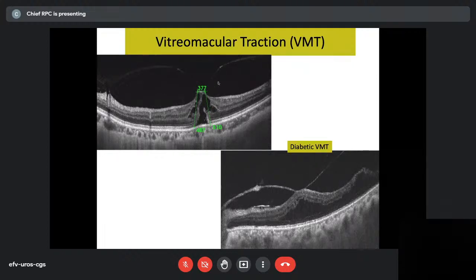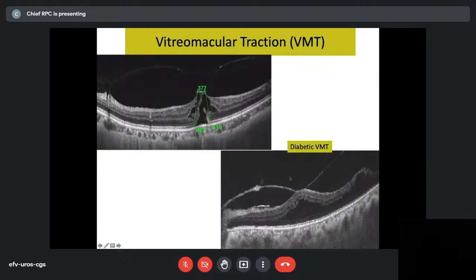see the internal architecture very badly affected. In fact, this is the outer lamellar hole. This is the inner hole, and you can join up to form a hole. So actually, the hole is just about to form. If this just gives way, there is a full hole over here. So you're operating just before the impending hole. In the next few days to months, weeks, there will be a complete hole. So you operate at this stage, or you wait till the hole forms. That's a different thing, but I would like to wait.